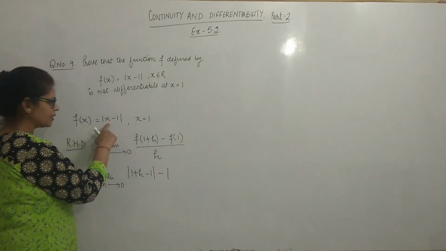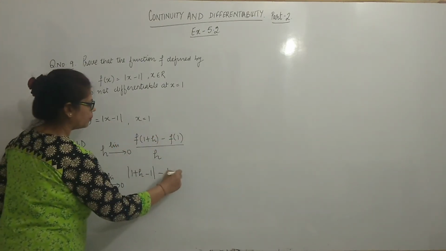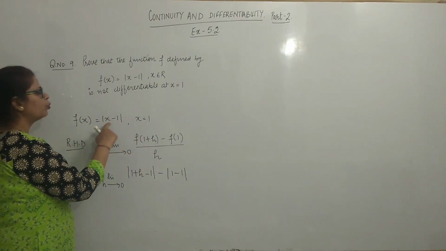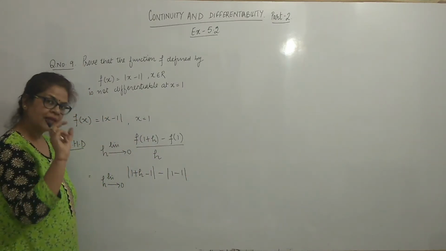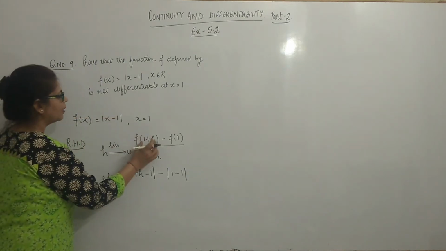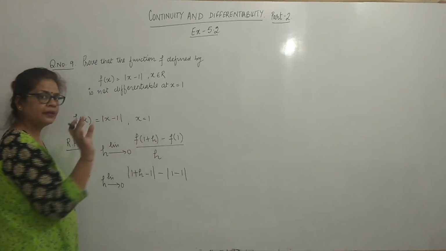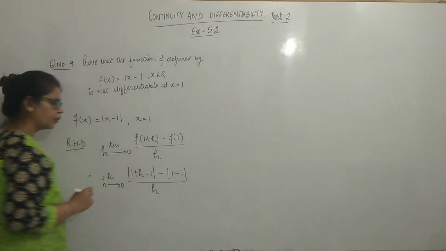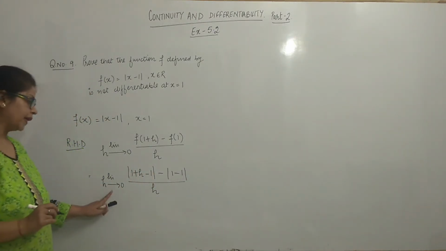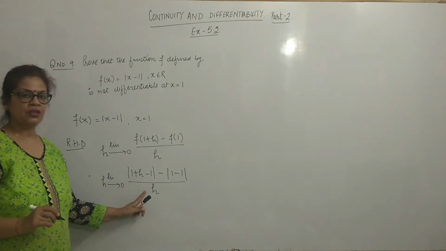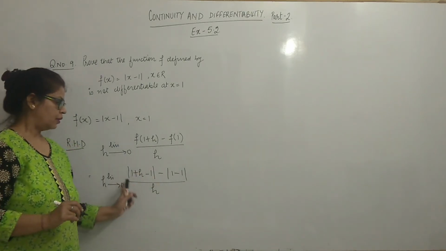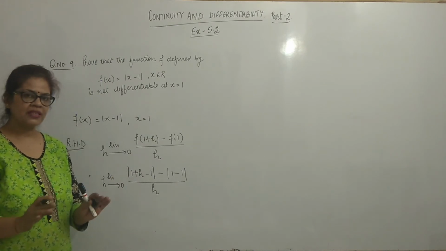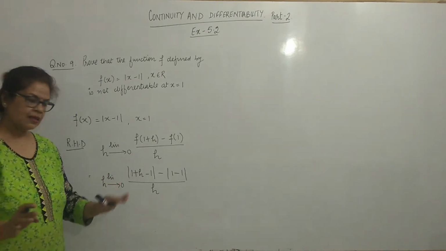f1 is replace x by 1, 1 minus 1. Whatever may be the function, x minus 2, 2x plus 3, just replace that x by the given expression in the brackets, divided by h. Now you remember very well that before taking the limit, solve the numerator and denominator properly, and after solving this, when the case ends, then take the limit.